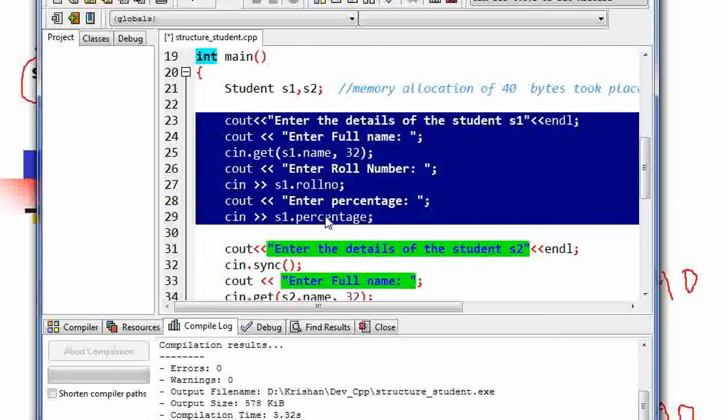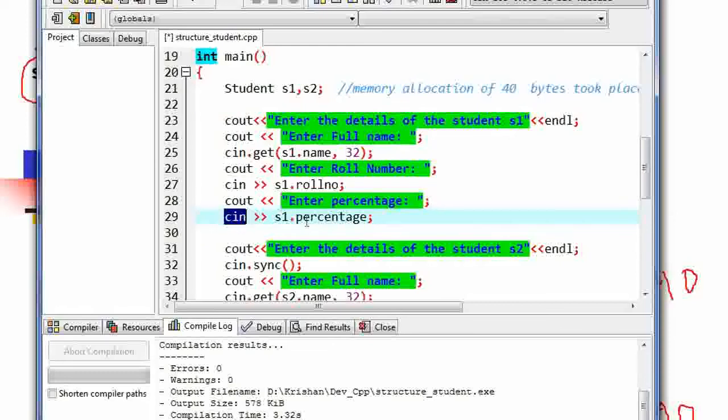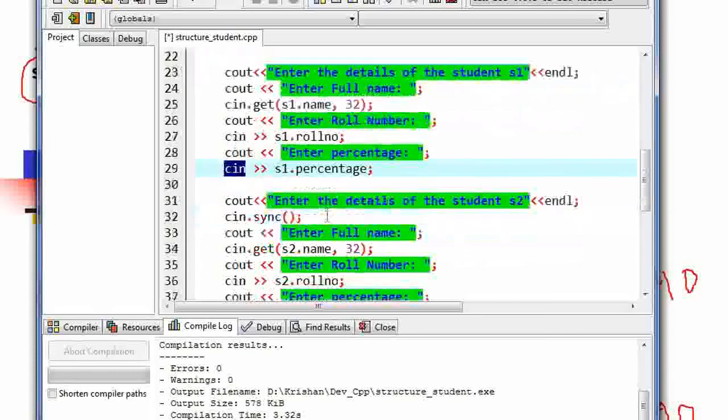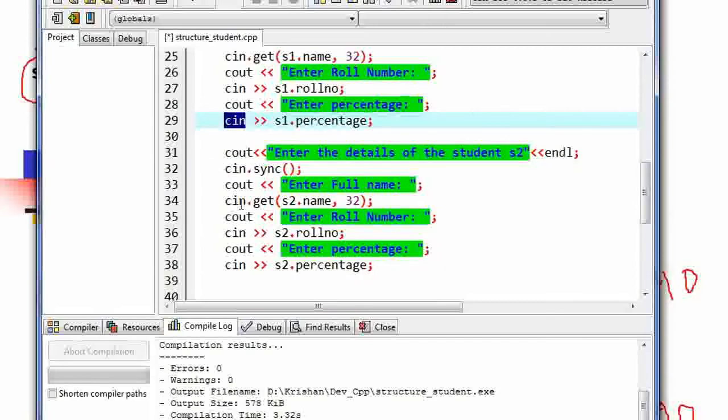S1 का नाम क्या है, रोल नंबर क्या है, परसेंटेज क्या है, ये हमने यूज़र से कीबोर्ड के थ्रू पूछा और यूज़र ने हमें बता दिया, और हमने उस बताए हुए इनपुट को cin ऑब्जेक्ट का यूज़ करके S1 के लिए जो मेमोरी अलोकेट किया गया था, वहाँ पर ये तीनों चीज़ें स्टोर कर ली हैं। सेम वे S2 की भी हमने स्टोर कर ली, ऐसे ही cin का यूज़ करके हमने यूज़र से पूछा, यूज़र ने कीबोर्ड से इनपुट दिया, और वो हमने S2 के लिए अलोकेट किए गए मेमोरी लोकेशन पर स्टोर कर लिया, ओके। अब ये स्टोर तो हो गए, बट वी नीड टू शो दैम बैक टू द यूज़र।